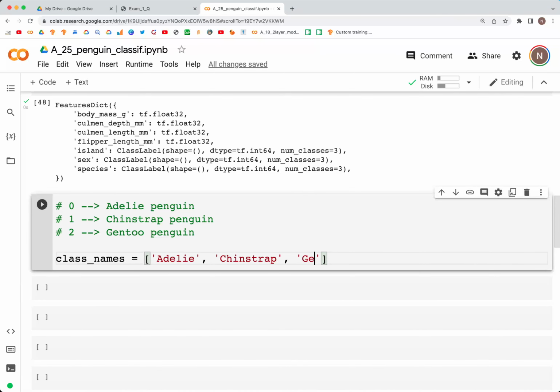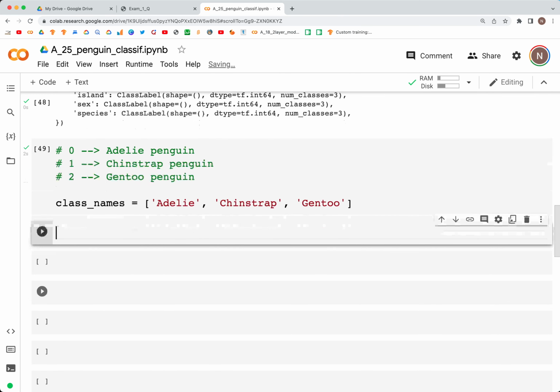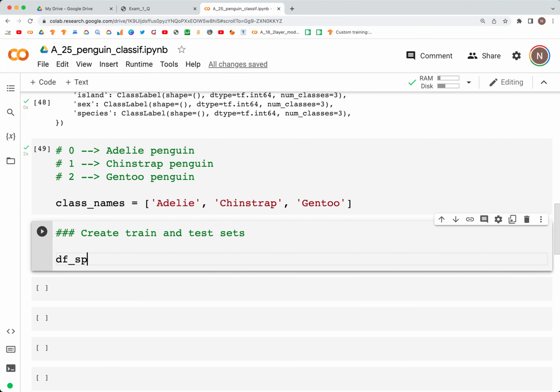Okay, so after this we can move ahead and look at the pre-processed data that we will be using for training. We can pull that down, put it in test and train sets, and see how we can work with that. So create train and test sets. For this, we are again going to use tfds.load. The variable we'll use here is ds_split, info as before,